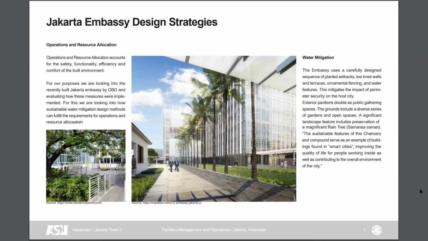And one of the things that this building did successfully was really managing and treating water both within the building and outside the building. This is particularly important because flooding is a huge threat in Jakarta, as well as seasons of drought. So really understanding how to maximize water efficiency in seasons of drought and mitigate it in seasons of flooding is what makes the project really successful. Next, please.